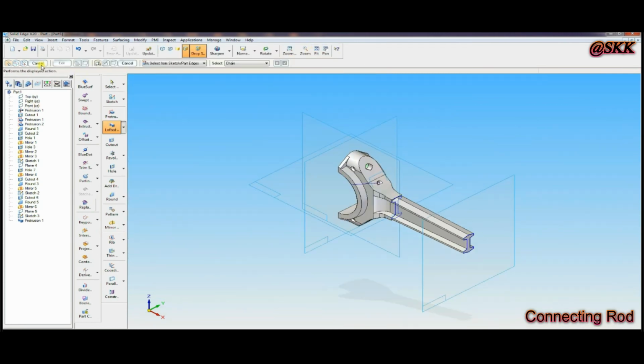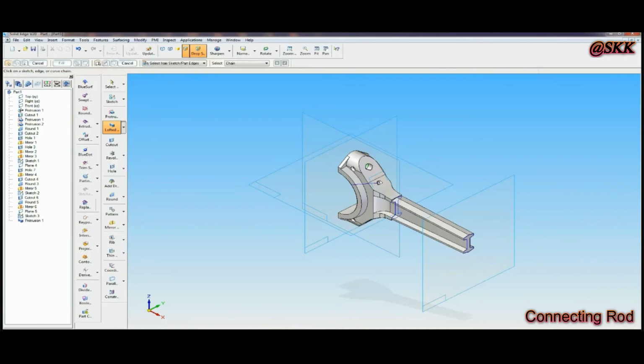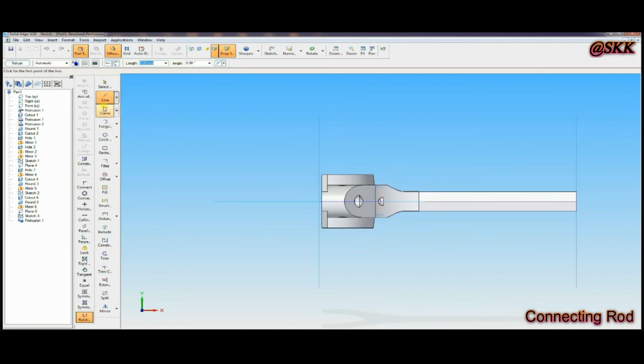The eye shaped part is over. Now you have to draw the profile like this. The center hole circle is 18 mm and one more is 26 and 24 mm. Height is 25. For that, revolve protrusion, select top view, go to line command, draw the line like this, any length, then connect the lines, that endpoint and the horizontal plane like this. Then go to smart, distance should be 25.